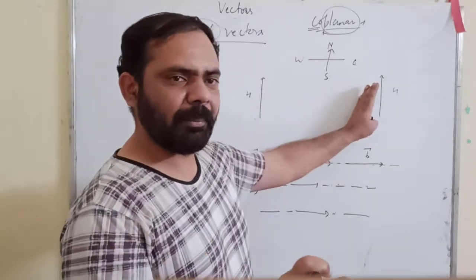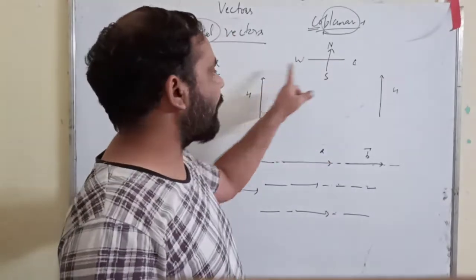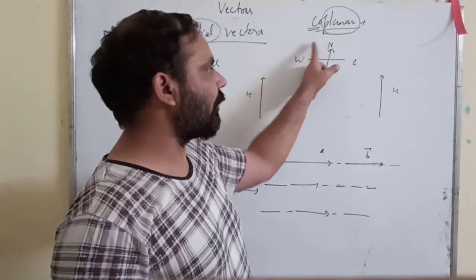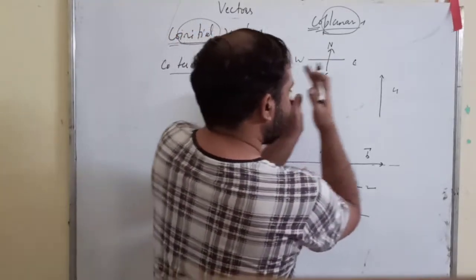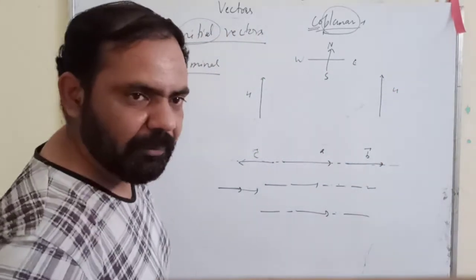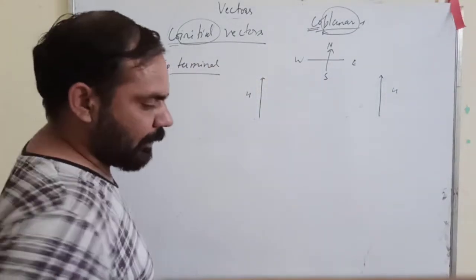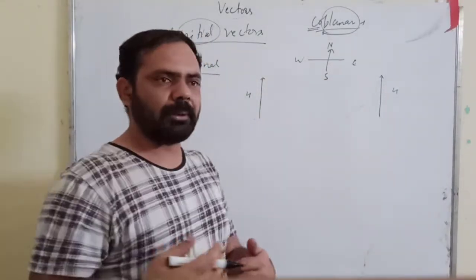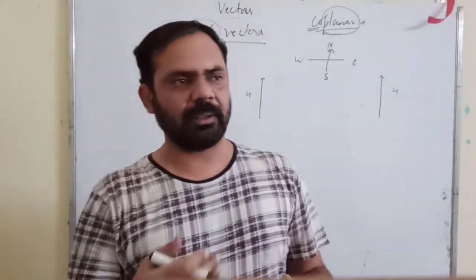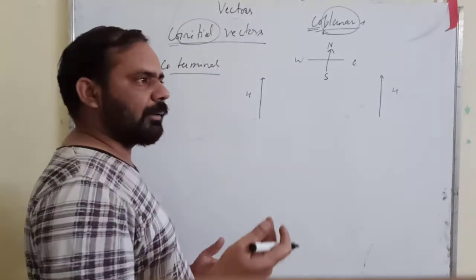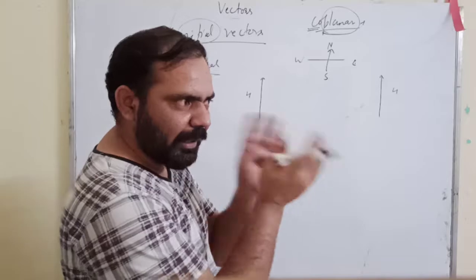What you will have to remember is its magnitude, means the length of the vector, should not change, and its direction should not change. If it is along north here, then it should be north only. So you can shift this vector from here to here. Where will we do this? In such type of cases, whenever you want to perform an operation, although this is a matter for later, I'm just trying to solve your query: when you want to operate two vectors, you will have to bring them on the same point. आपको उनको एक ही point पे लाना पड़ेगा.